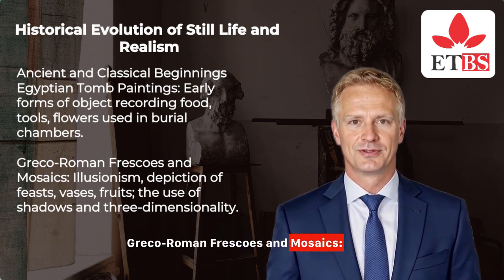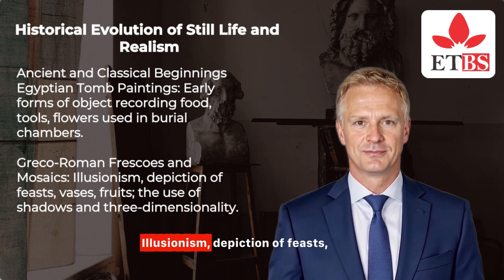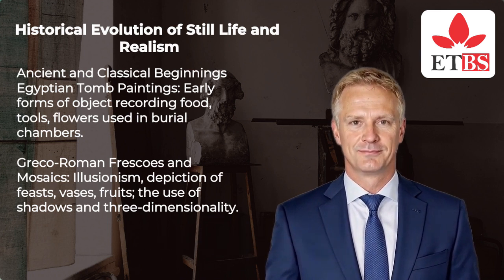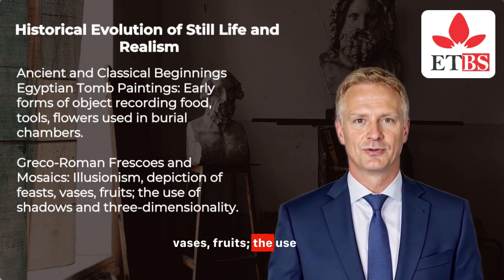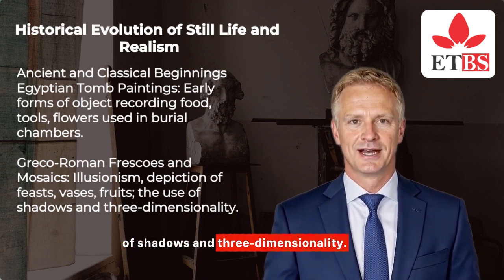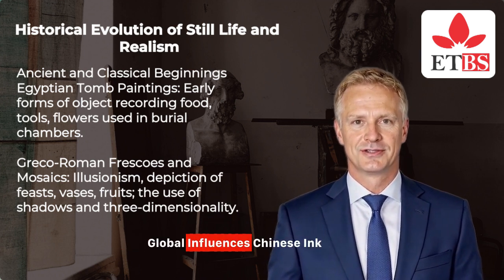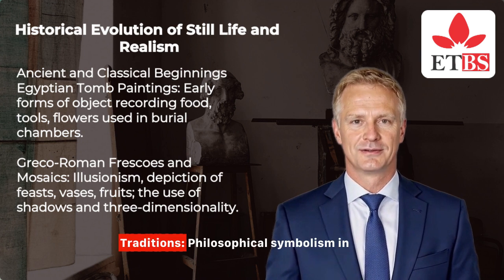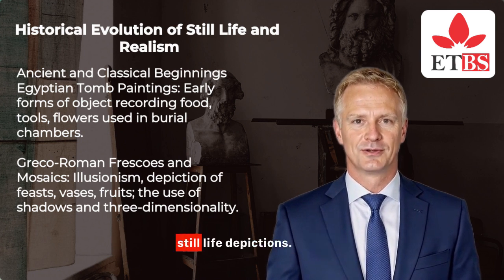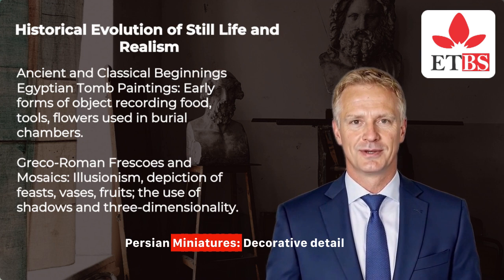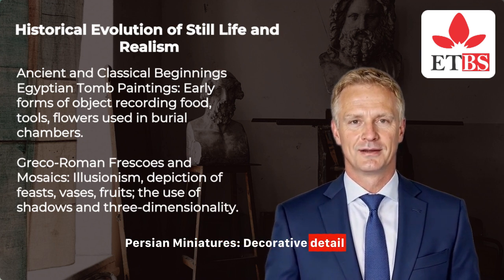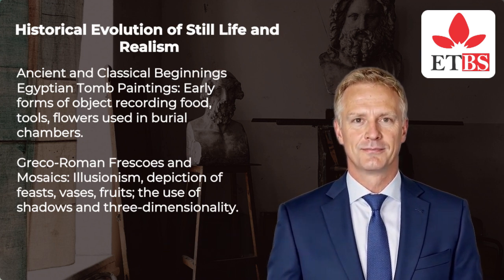Greco-Roman frescoes and mosaics. Illusionism. Depiction of feasts, vases, fruits, the use of shadows and three-dimensionality. Global influences: Chinese ink traditions, philosophical symbolism in still life depictions; Persian miniatures, decorative detail and object storytelling; the Western